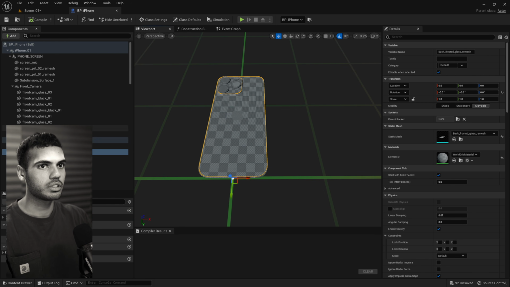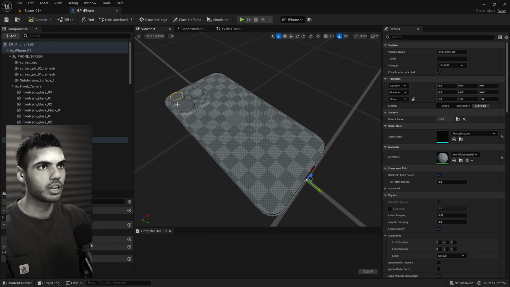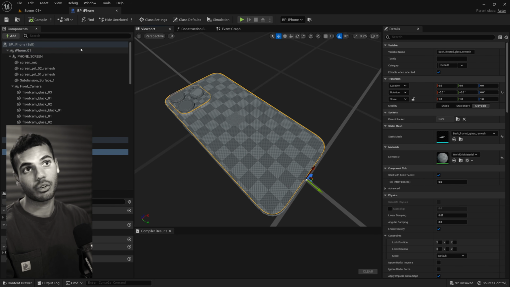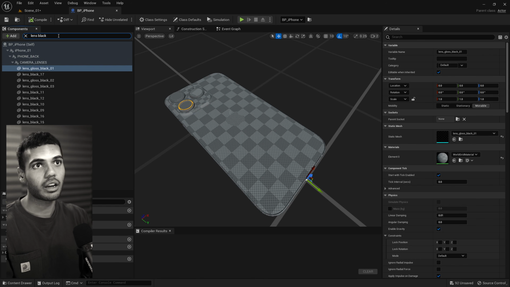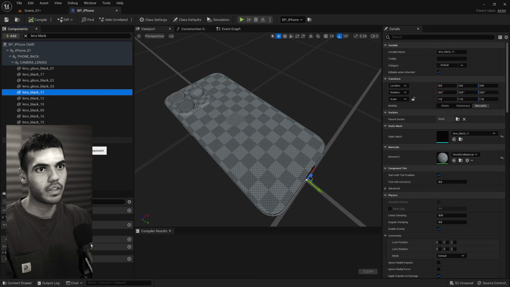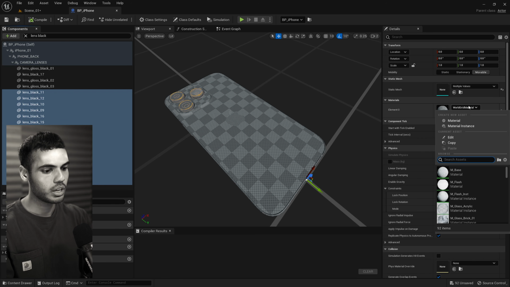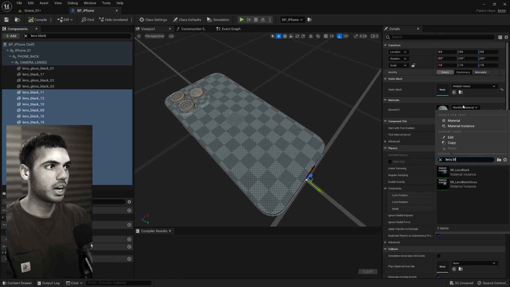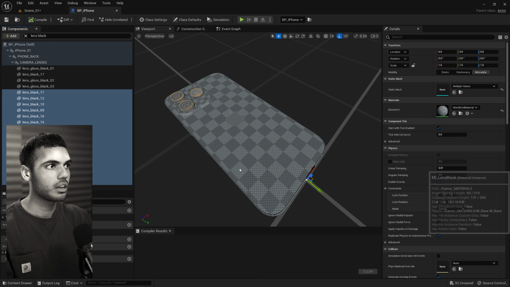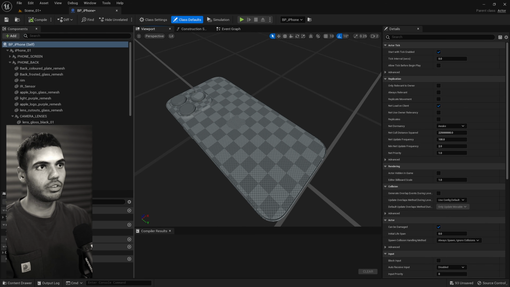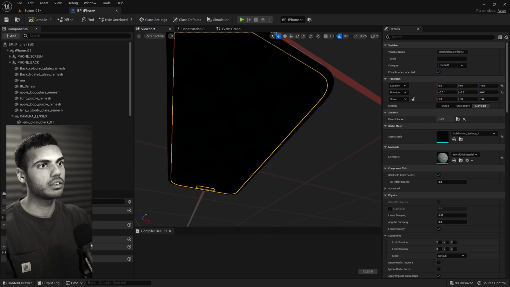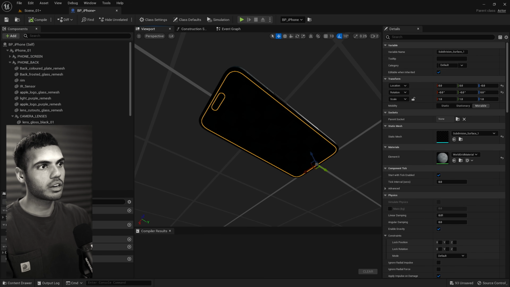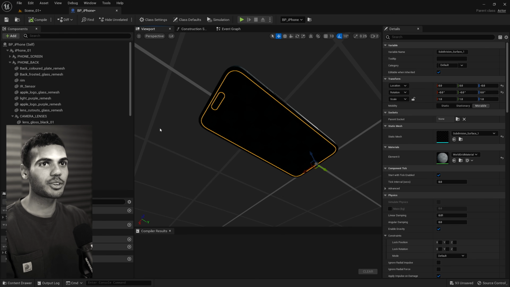Now what you can do is select each object and apply your materials to it. And if you name things correctly, this is where naming gets really important. For example, lens black, I've labeled a bunch of stuff, and then you can just click all of them, search for a material and apply it, lens black, boom. And that's all you got to do for that. And then you can go to the underside. I think my parent null was rotated incorrectly in Cinema, so make sure your null is the correct rotation.